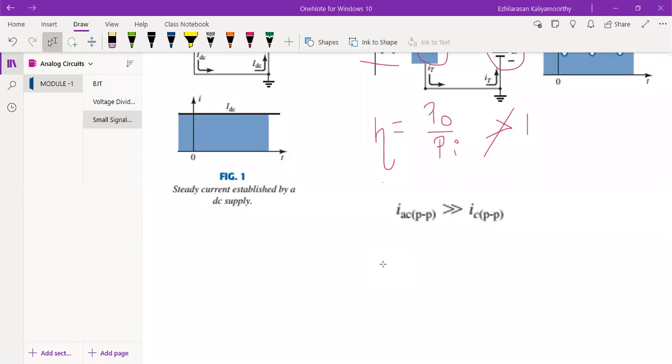For that, we need the superposition theorem. So I insist everyone go through the basics of the superposition theorem. Now let us start with the small signal operation. For this, let us take the circuit as